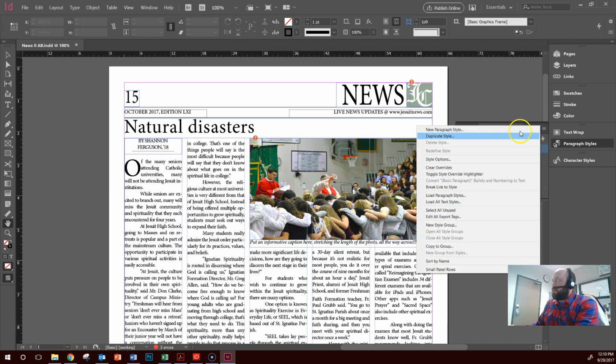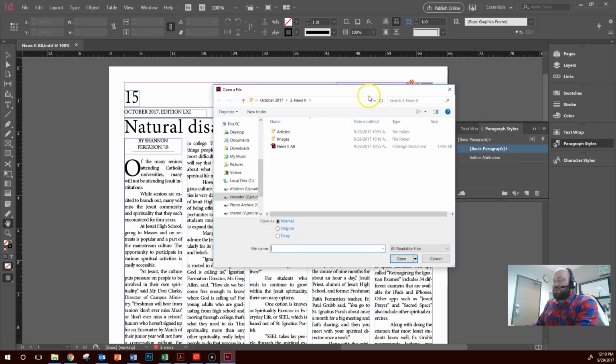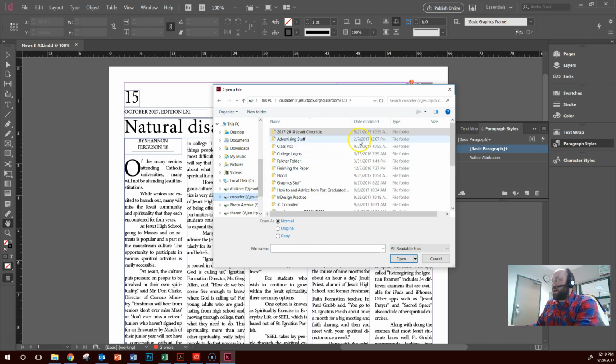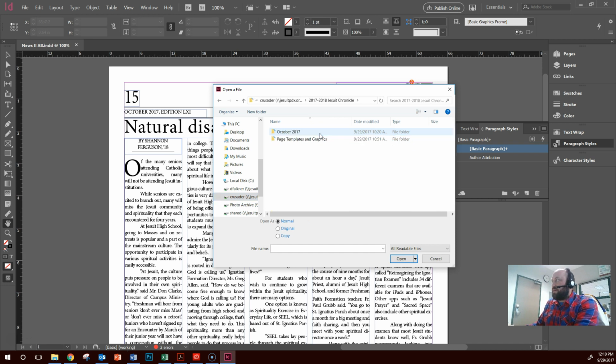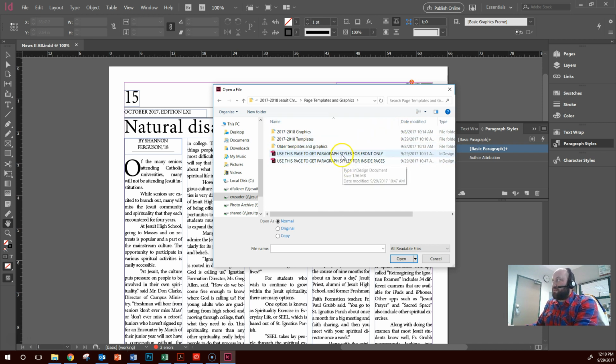So under paragraph styles, you're going to go to this little lined drop down, left click on it, go down to load paragraph styles, and I've created two documents that you're going to pull from. They're both in our J drive, and if you go to the 2017-2018 page templates and graphics, and then down here you see two all caps styles,